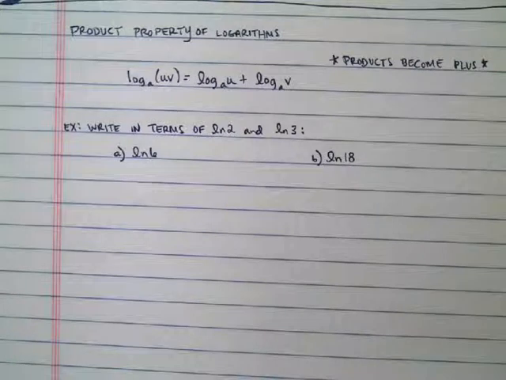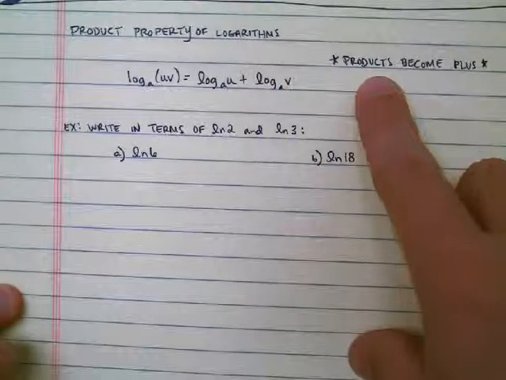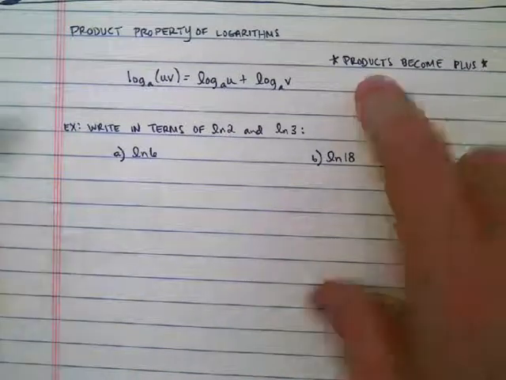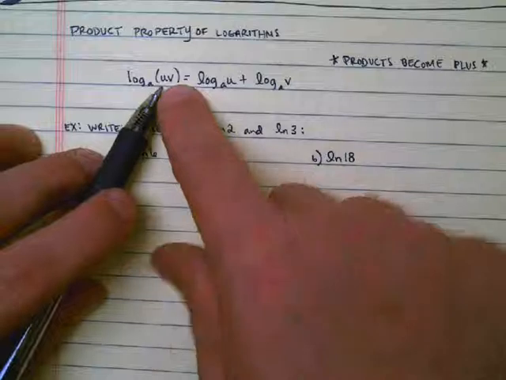In this video, I'm going to be discussing the product property of logarithms. The key phrase that we can use to help remember, the memory device might be "products become plus." And what the product property says is that if I have the log of two numbers that are multiplied